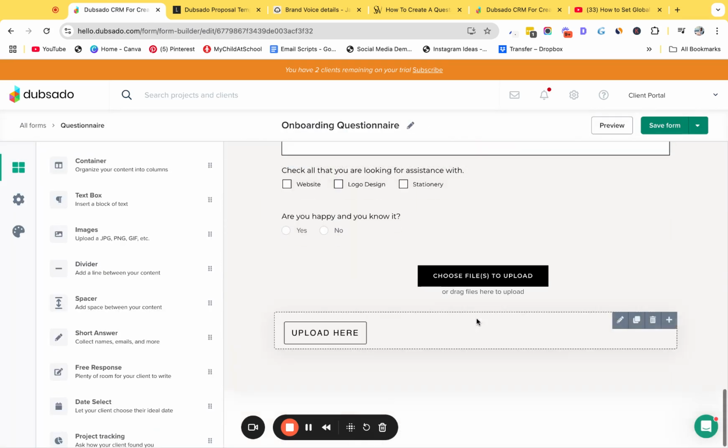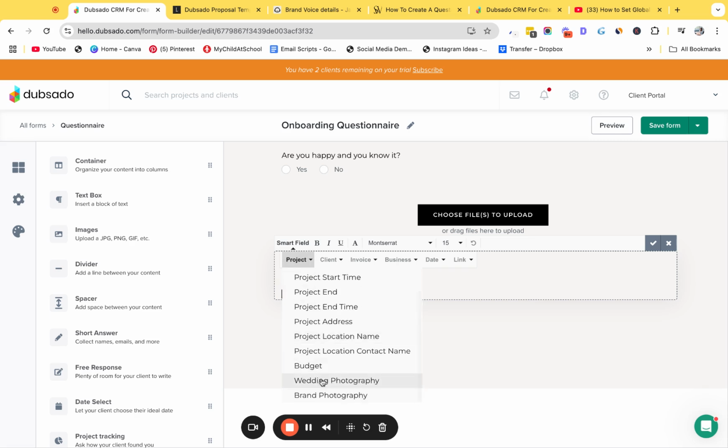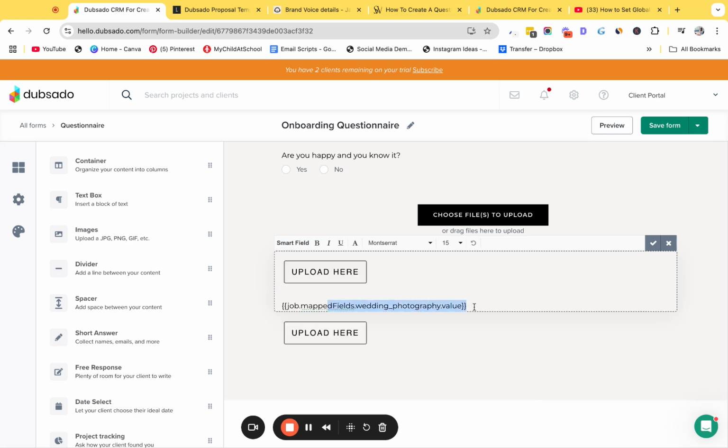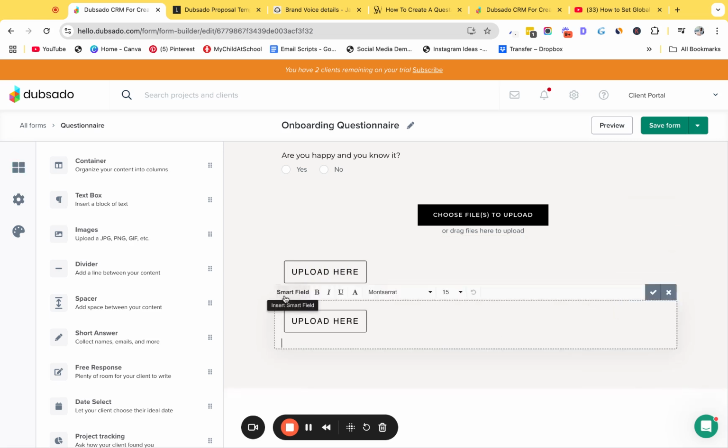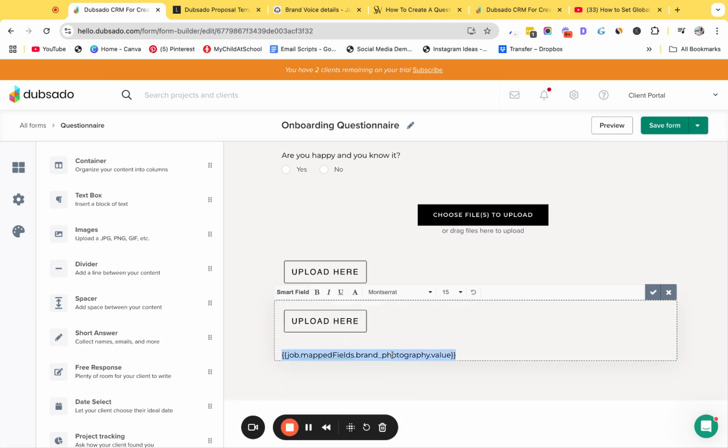So go back over to your questionnaire. We're just going to duplicate this button so I can show you both of the different buttons linking to both of the different things. We're going to go to edit in line, and underneath I want you to go to smart field, go to project, scroll down and get the actual smart field for this. This one is for the wedding photography map field. Then we're going to edit link, and put this in here. Then we're going to do the same for the other one. In this one, we're going to put smart field project and go down and find that custom map field that we just created. Then we're going to copy this,